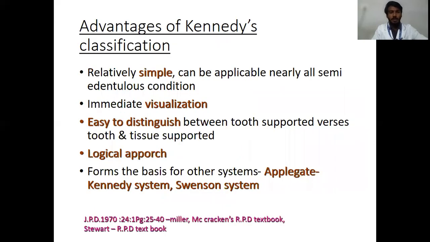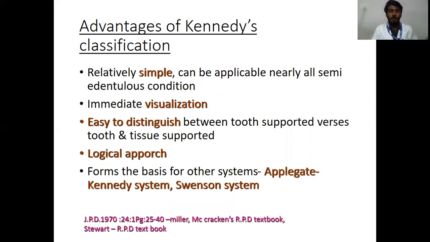So what are the advantages of the Kennedy classification? It is relatively simple and can be applied to nearly all semi-edentulous conditions. It gives immediate visualization, and it is easy to distinguish between tooth supported versus tooth and tissue supported. It is logical, and it forms the basis of other systems, basically the Applegate-Kennedy system